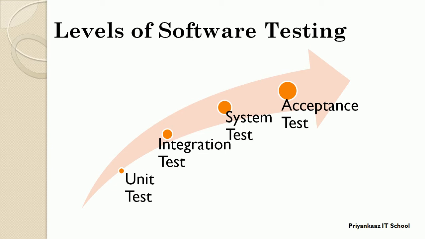That is called acceptability. The main objective of acceptance testing is to establish confidence in the system, and we can verify and validate whether the system is complete and will work as per the expected result or expectation of the client requirement. So the functional and non-functional behavior of the software also we can specify during acceptance testing. This level is performed after system testing and before making the system available for actual use.